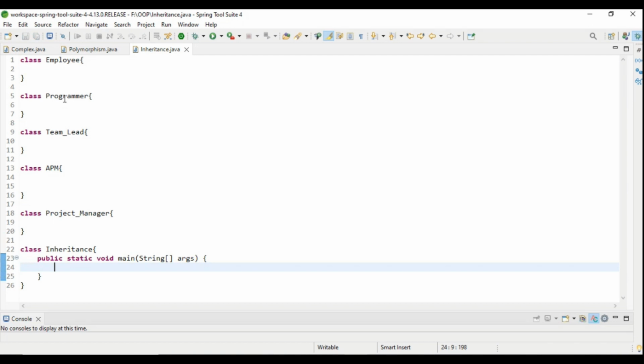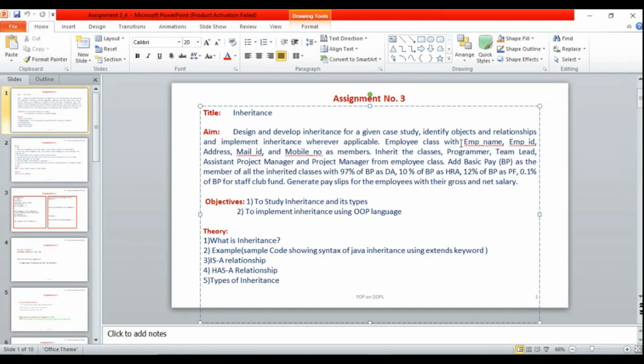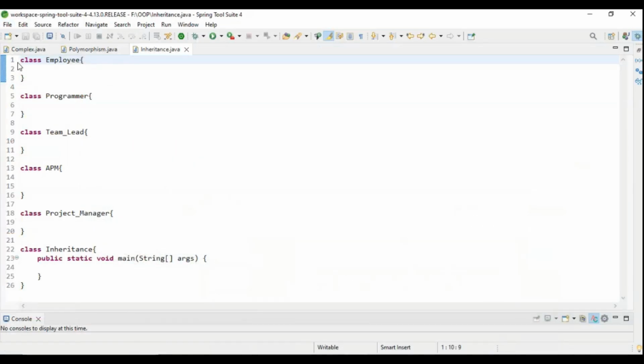As we know that these are the child classes, that is programmer, team lead, assistant project manager and project manager, and employee is the parent class. So employee class consists of employee name, employee ID, address, email ID and mobile number as a member. Here, I am not using the access modifier private, because for each and every private access modifier we need to create the getter and setter. So I will use directly